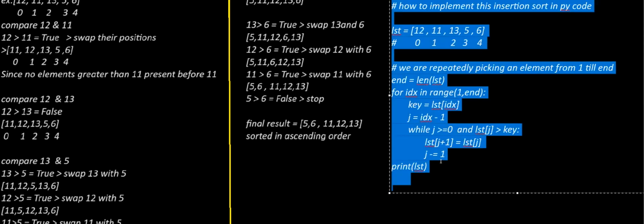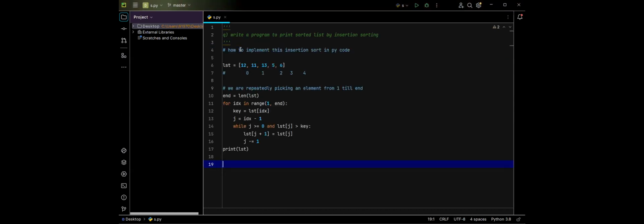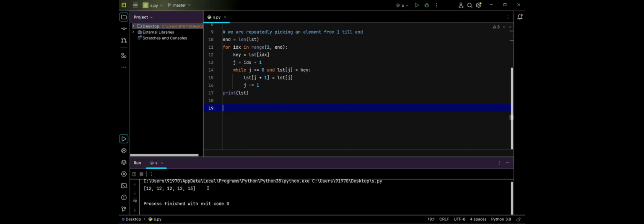So let us try to implement it by using our platform. I'm just pasting the code here. I just pasted my code here. Now let me try to run this code. So you can see what I'm getting. I'm getting